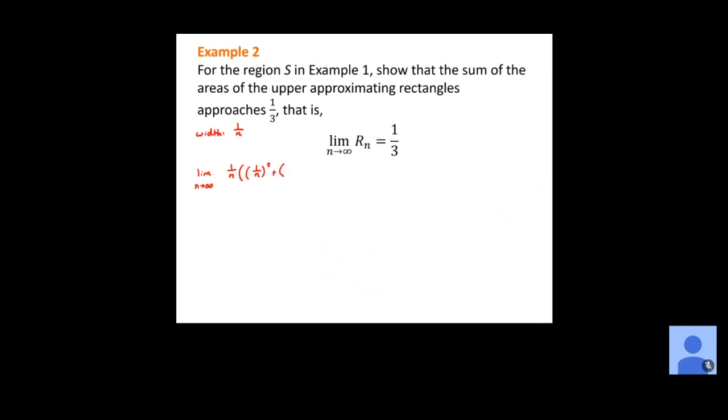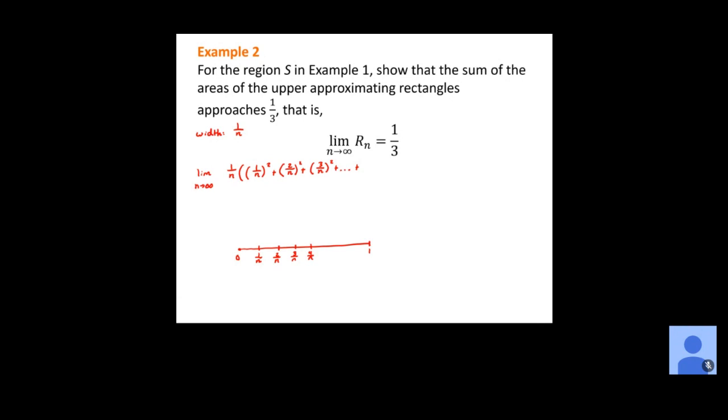Plus, now we need to know where the next rectangle is going to land. Okay, so if each one of these is 1 over n, what would be the next x value that we're going to use then? We're thinking we've got our interval here from 0 to 1. We're putting the first one at 1 over n. The next one's going to be 2 over n, right? And then the next one would be 3 over n, 4 over n, and so on until eventually we get to n over n, which is the one down here, right? So this next one's just going to be 2 over n squared plus the next one's going to be 3 over n squared because, again, we're just adding 1 over n each time plus